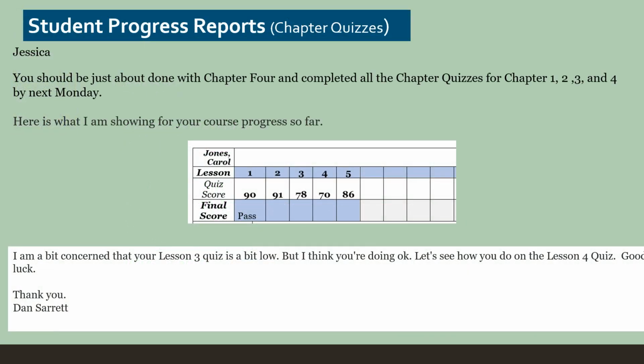I'll be giving you student progress reports almost weekly, if not every 3 or 4 days. But certainly weekly, you'll get a progress report, and that will show you that I've received and graded your lesson quizzes, each of your 5 lesson quizzes, and you'll have a score on each of those.